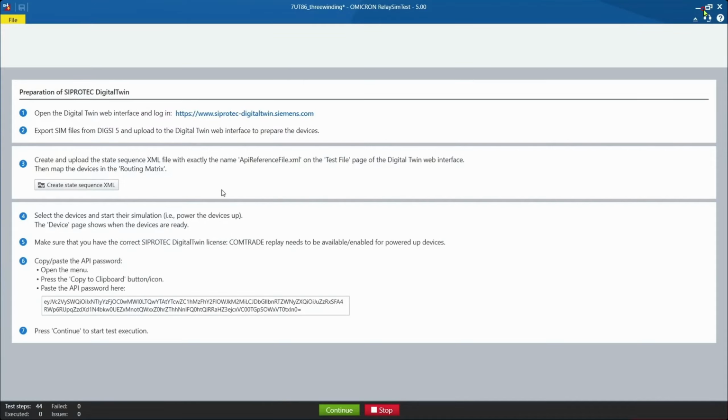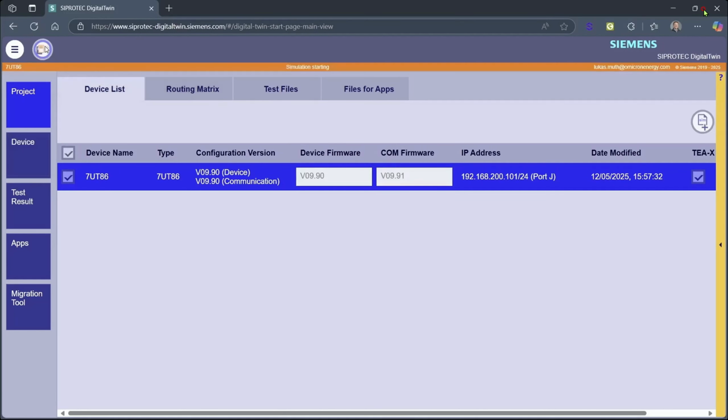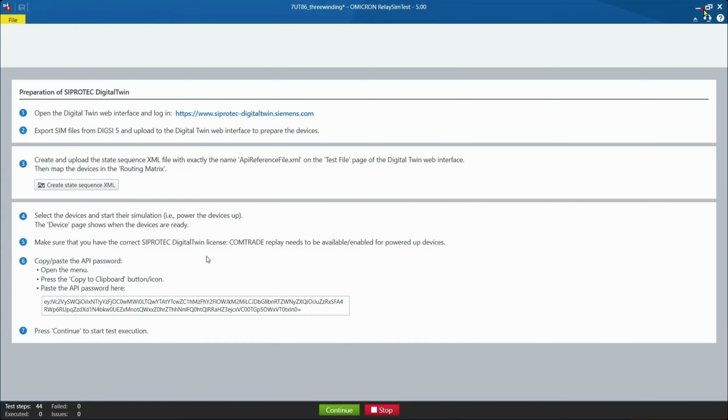Let's then have a look at the next step. The next step says we have to select the device and start the simulation to power the devices up. After making sure that we have the correct CProtect Digital Twin license, we can continue with the next step. That is copying and pasting the API password. This can be found again on the Digital Twin homepage